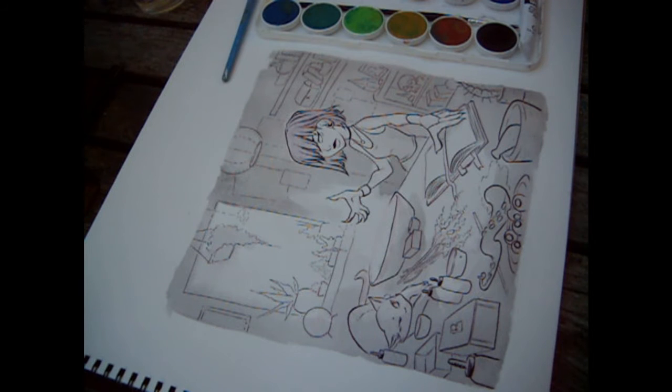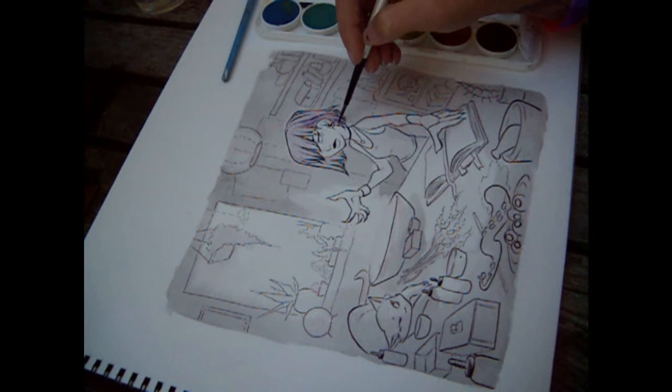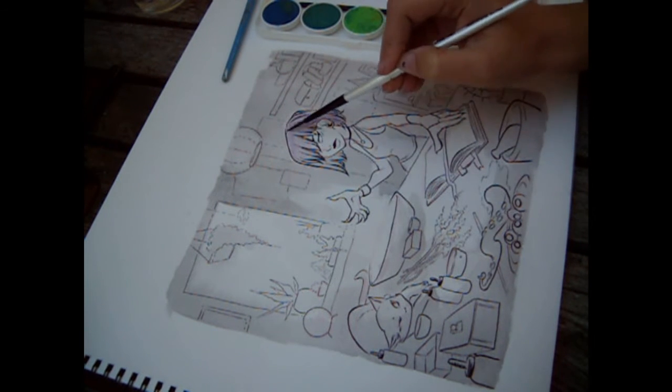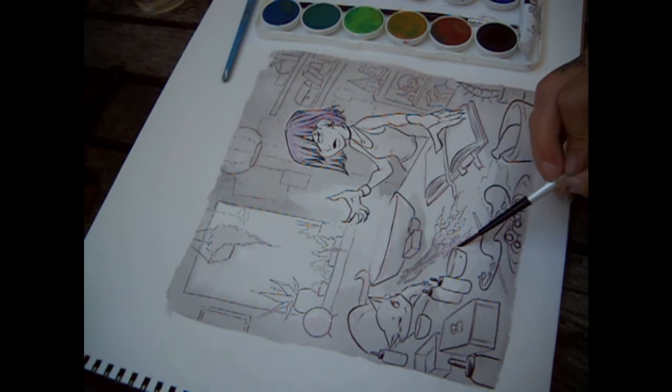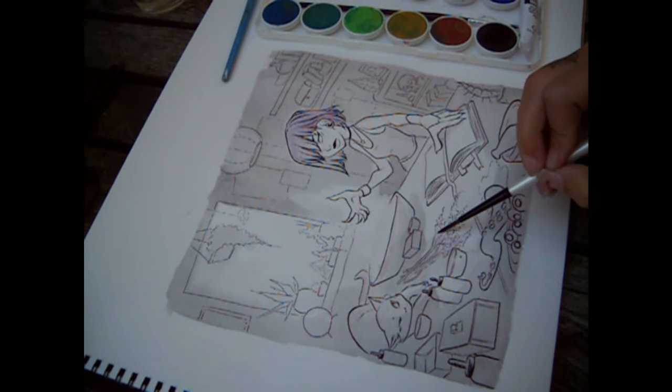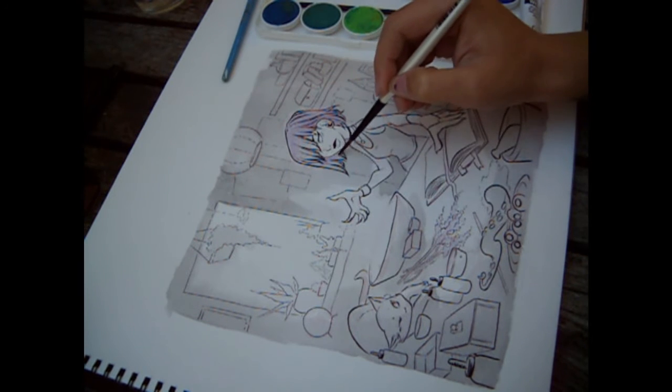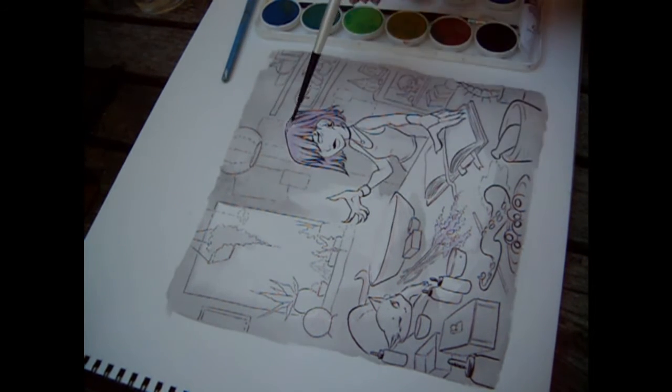I really, really like using it. I also really like how the black in the set is, because a lot of watercolors, to me, the ones that I've used anyway, just don't get the opacity that I need because I build it up in a ton of layers. So right now you can see that I have a gray wash,